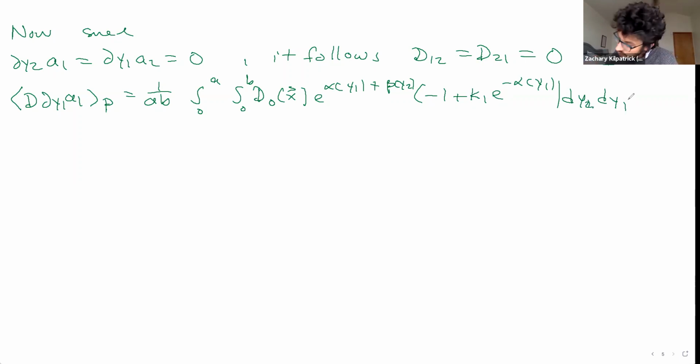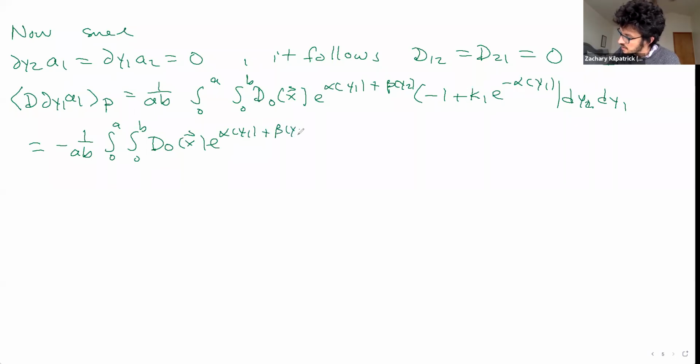Okay. We get that this is equal to minus 1 over ab, integral from 0 to a, integral from 0 to b, d0 of x e to the alpha y1 plus beta y2 dy2